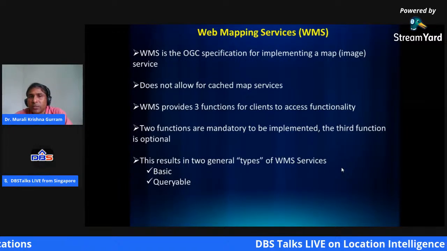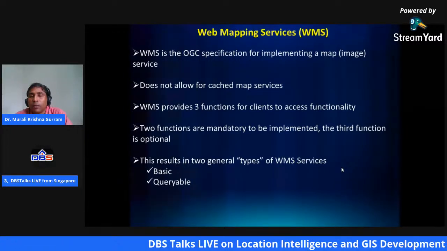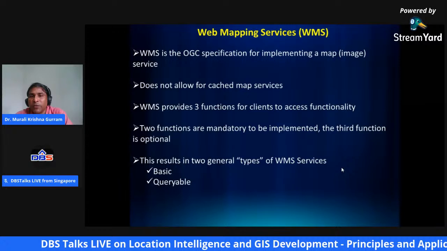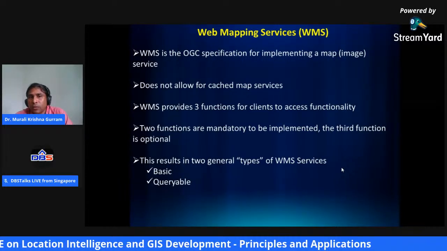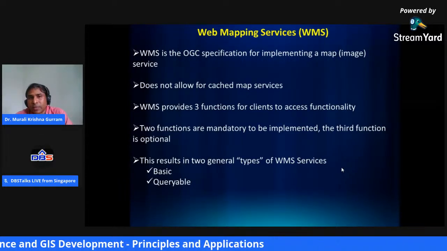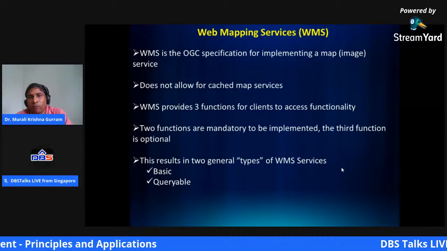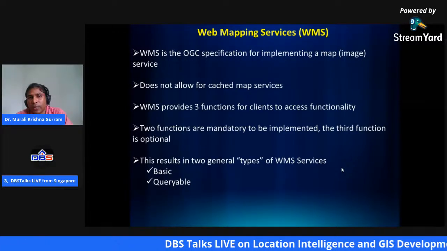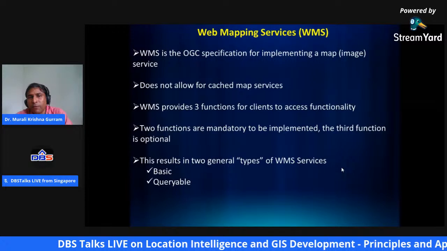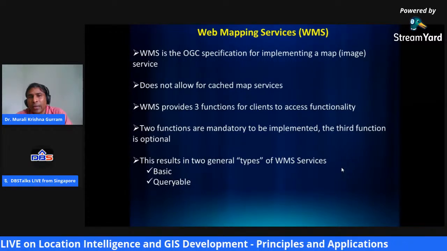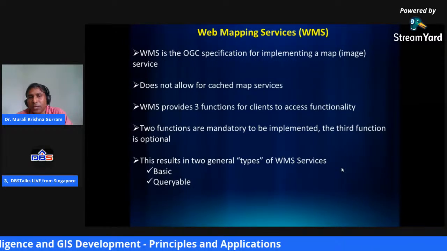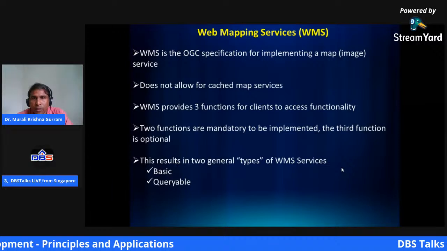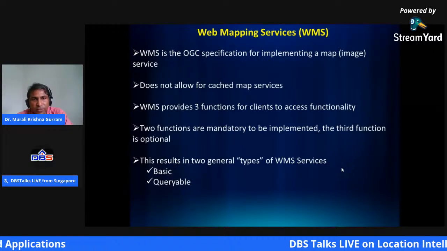The Web Mapping Service, we call them WMS services. It is a service which converts whatever data you wanted to share on the web through your map server into an image, ultimately a pictorial representation. It will not allow cache services.